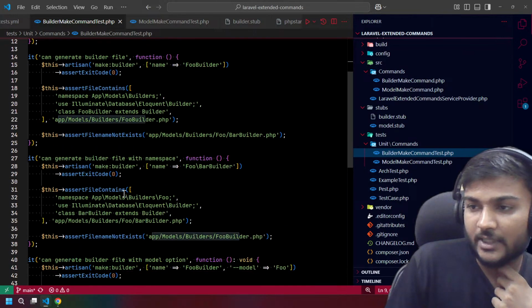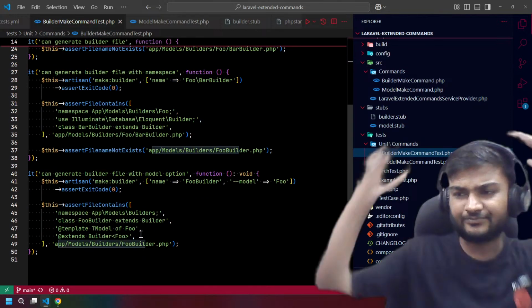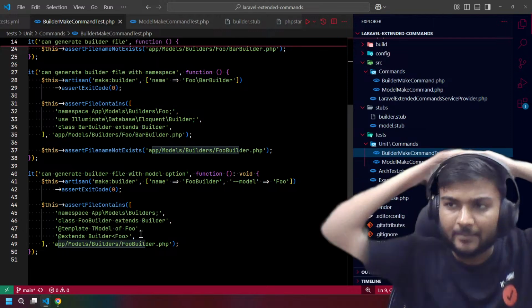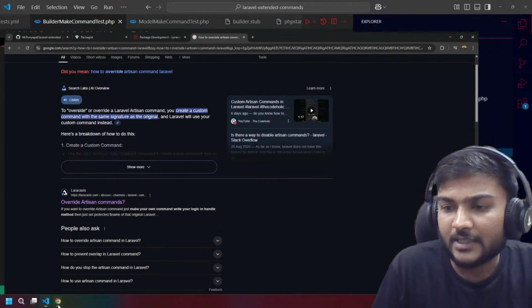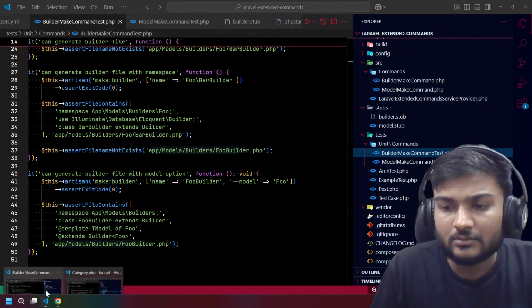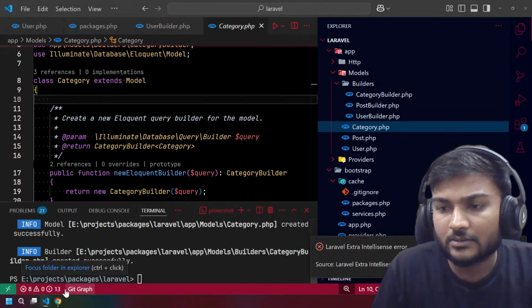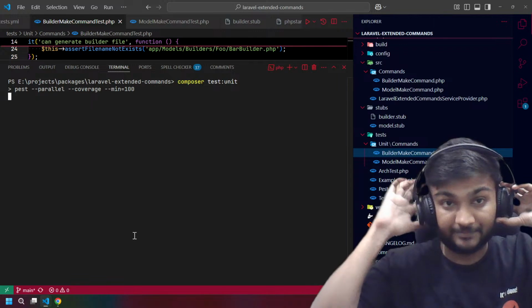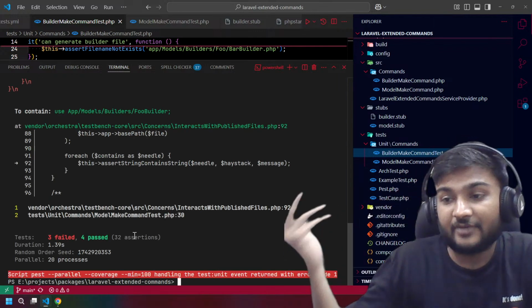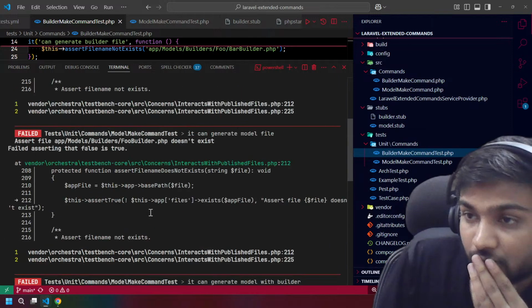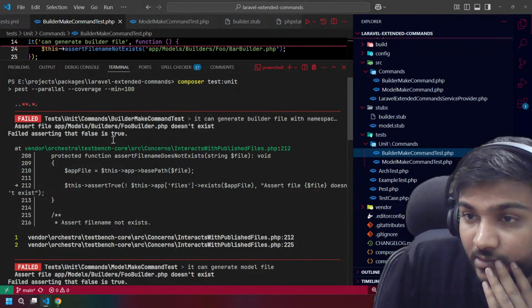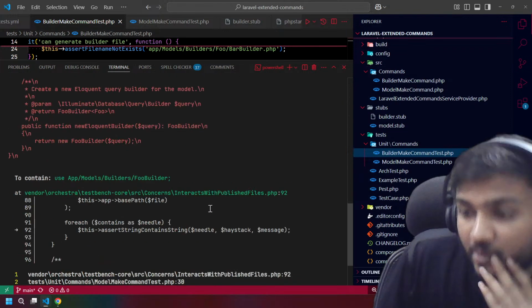App builder, all fine. What are we missing? These tests were passing a little while ago, and now it is saying this. These tests are failing. Why? It can generate builder is also failing. Right. Okay.